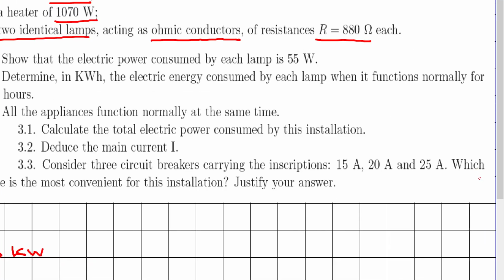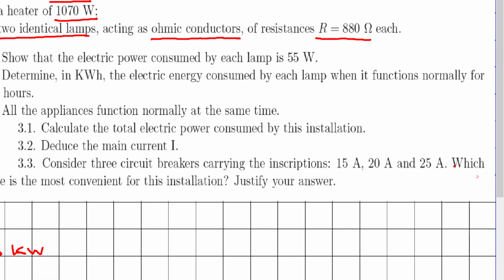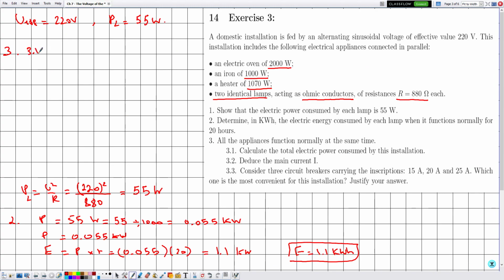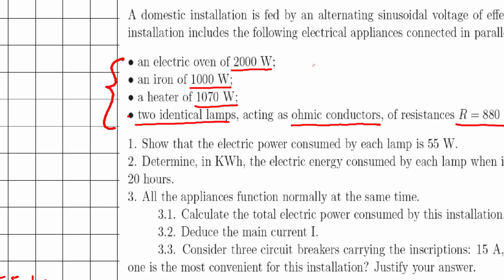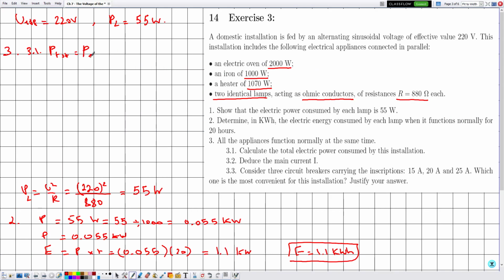Now in number 3, all the appliances function normally at the same time. 3.1. Calculate the total electric power consumed by this installation, and by the total it means the sum. So this installation consists of these appliances. So P of the electric oven plus P of the iron plus P of the heater plus P of the lamp plus P of the lamp, which is equal to 2000 plus 1000 plus 1070 plus 55, and here the